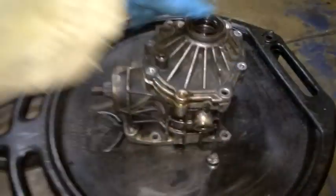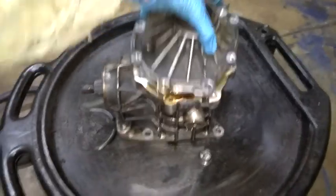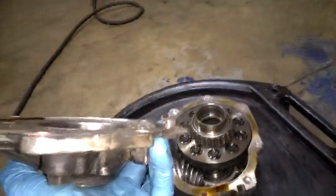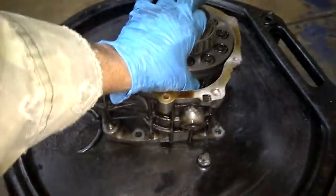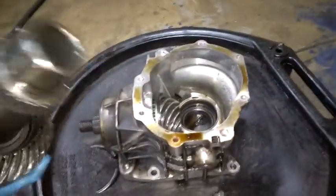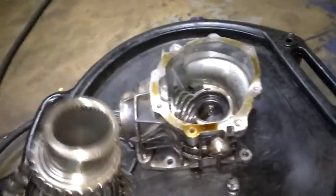Now that I got the case out, I'll show you what my problem was. It's real easy to separate. Just take the bolts out of it, set on some pins. Kind of see it sticking up there. Simple inside. It's a ring and pinion gear, a couple bearings. My trouble is that